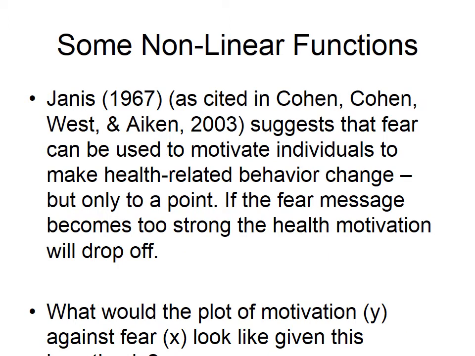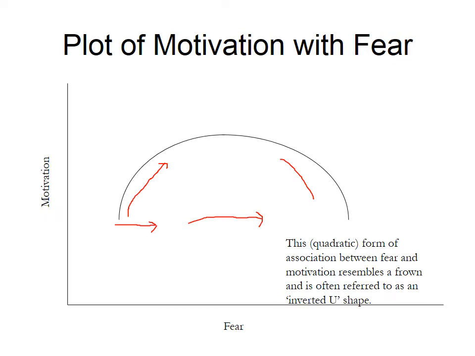One example is the idea of fear as a motivator. We see many advertisements and many types of political ads where fear is a motivator, and it gets us either to vote against a candidate or to change some health-related behavior. If we plot this data, we find that it's not a straight line relationship. Here's a plot of the data where we have fear as our x variable or predictor variable and motivation as our outcome variable or y variable.